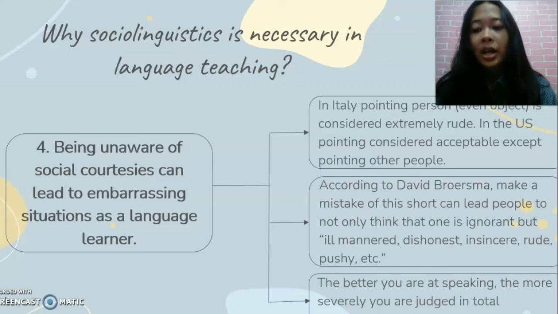According to David Blusma, when we make mistakes like this, it will lead people to think that we are ignorant and also ill-mannered, dishonest, insincere, rude, pushy, and so on. And the most intimidating part is that the better you are at speaking, the more severely you are judged in total communication. So that's why we have to improve and develop our sociolinguistic skills as an important facet of our